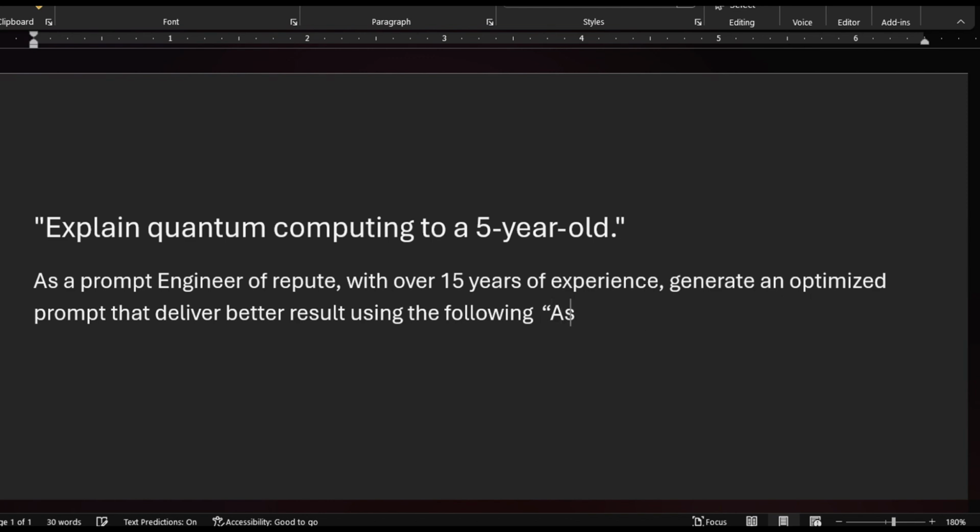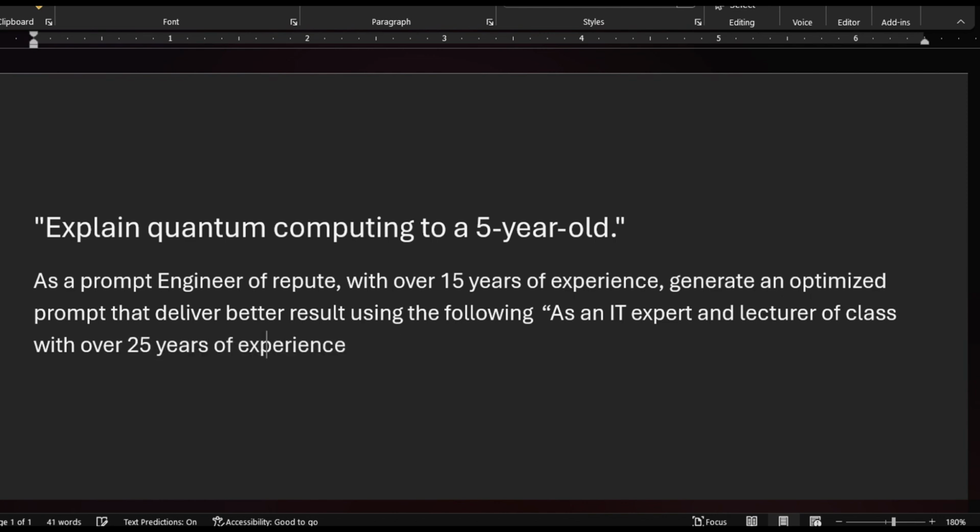So I'm going to say as an IT expert and lecturer of class with over, let's say, 25 years of experience in quantum, with over 25 years of experience. Okay, so let's leave it that way, comma,